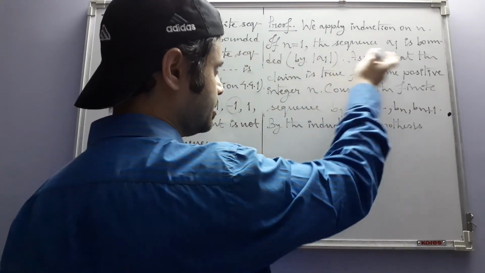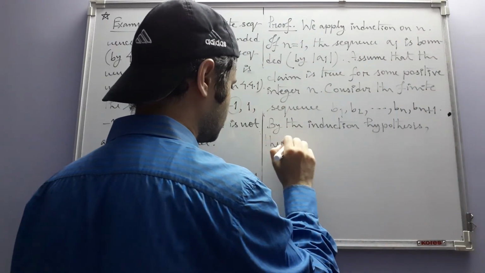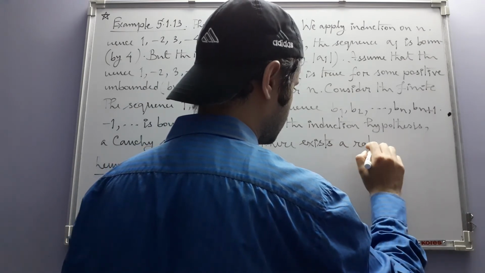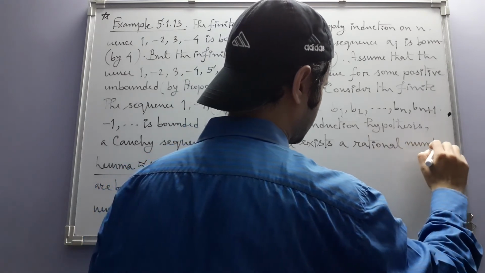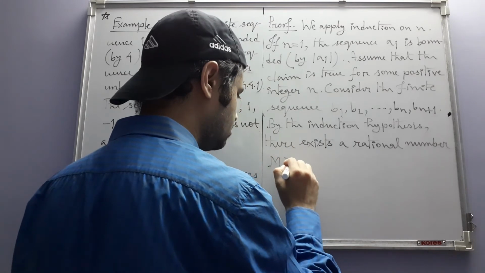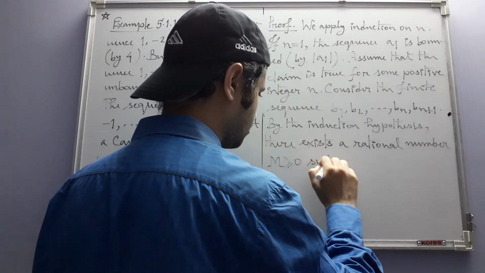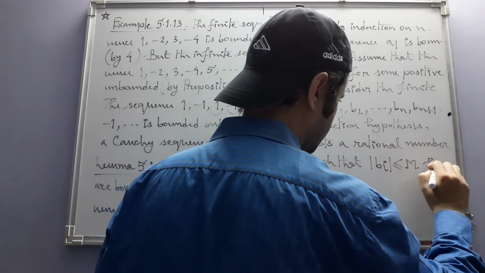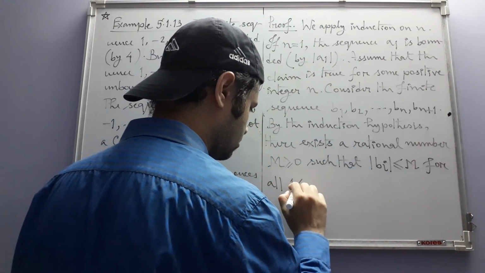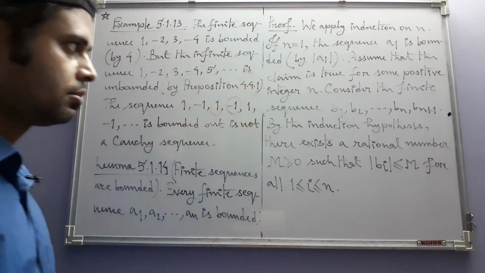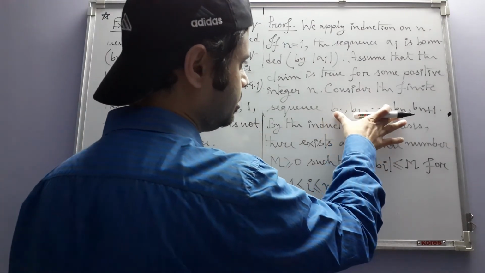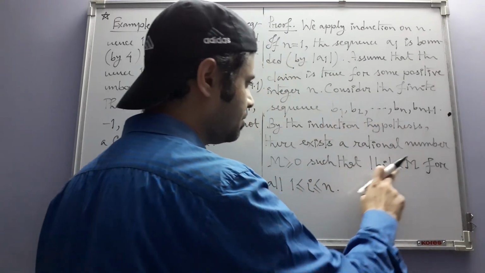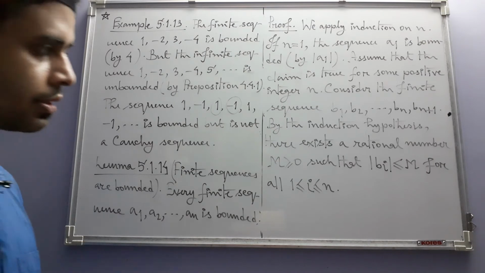By the induction hypothesis, that is this assumption, there exists a rational number m that is non-negative such that this is less than or equal to m for all integers i lying between 1 and n. So what are we doing here? We are using the assumption that any finite sequence having n terms is bounded. So these n terms will be bounded by some rational number. We don't know anything about the last term, but then